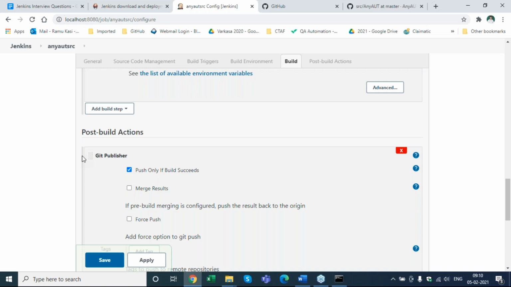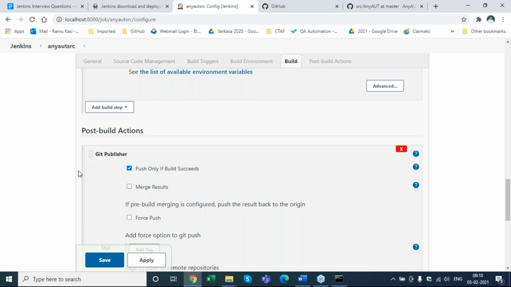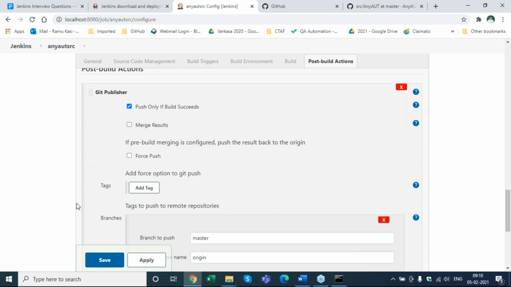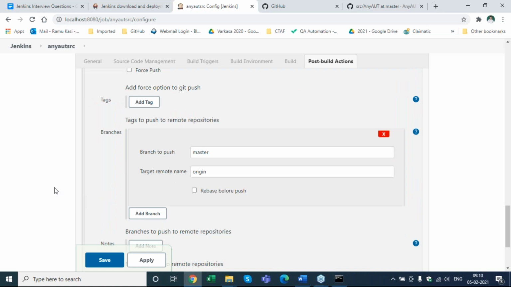No, once it's completed only it will execute. Correct. So only on a successful job completion. Normally what will come under post build actions? I can put a simple message called echo, I'm done, thank you. I can put or write back these results or whatever log files back to GitHub as a branch. We can push back there. We can also link other Jenkins jobs to trigger after this successful job.